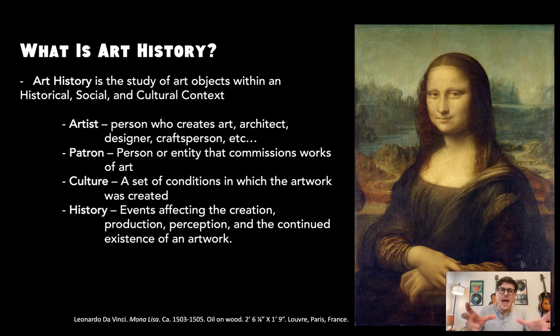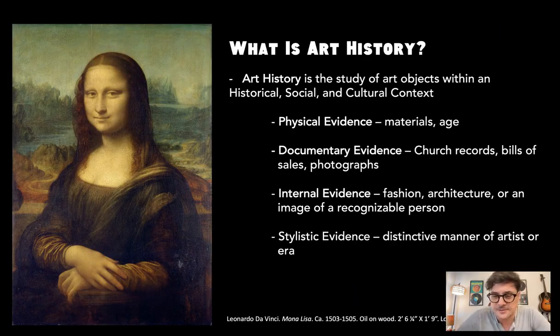So that is some of the lenses through which we will be looking at art. Again, art history: it's the physical evidence. We'll be taking a look at all of these different things, the materials. We're going to be talking about this concept of truth to the materials ad nauseum. So the age in which the piece was created, right? Maybe the documentary evidence, so the church records or the bills of sale or even the documentary photography aspects of